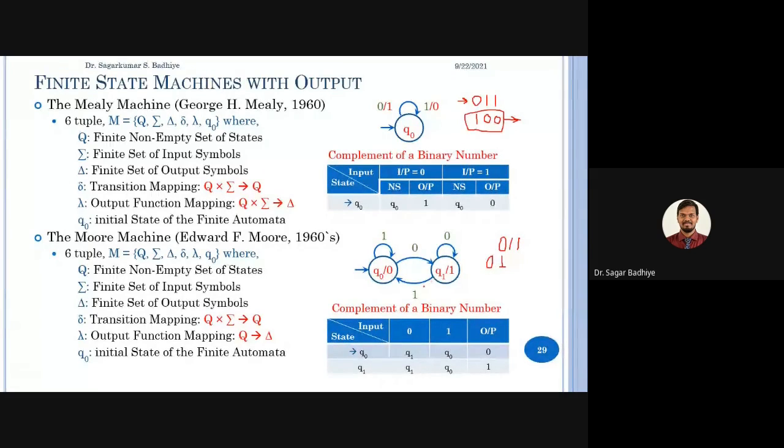So in q1, when I get input 1, I transit to q0, and after reaching q0, the state q0 produces an output 0. Sorry, not 1, I typed 1. So it produces an output 0. Again in q0, the next input is 1. So in q0, if I get 1, I transit to q0 itself and produce an output 0. So I am in q0 and I have got an output of 0. So the complete string which was given as input is read, and 011 is now producing an output 100, right? The same as this. Okay, so this is a Moore machine. But here there is one additional 0 appended at the start, right? So which is to be ignored.